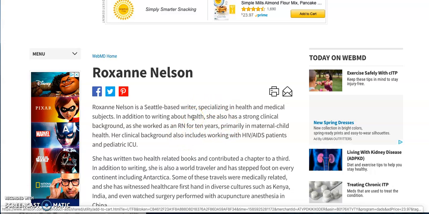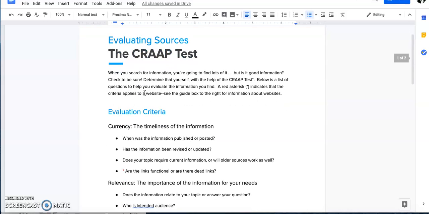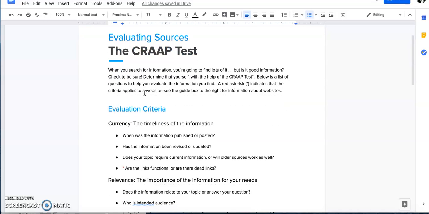So this is what you want to think about when you are starting to put your paper together and thinking about the sources to put into it. It's not just about finding it and putting it in. That's easy. But the question becomes, is your audience going to accept these pieces of information you're putting in? Are they credible? Are they recent? That's what you want to be thinking about. Just because it supports your point doesn't mean it should be in your paper.